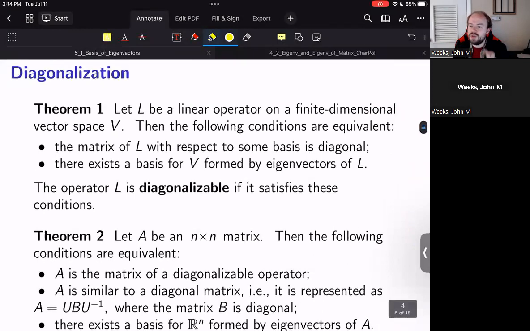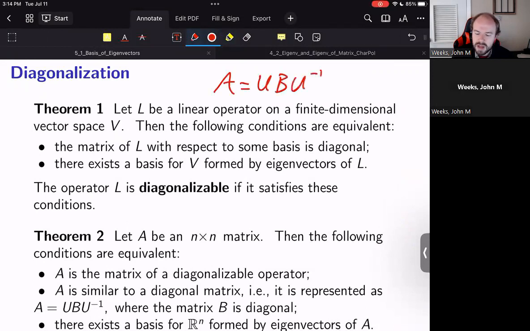So this gets us to knowing when we can do what is known as diagonalization of an operator. This might be something that you're familiar with. You may have seen this in a way of talking about A equals U B U inverse in the past. We would say, for example, the matrices A and B are similar in this case. And we would say in this case that A is diagonalizable